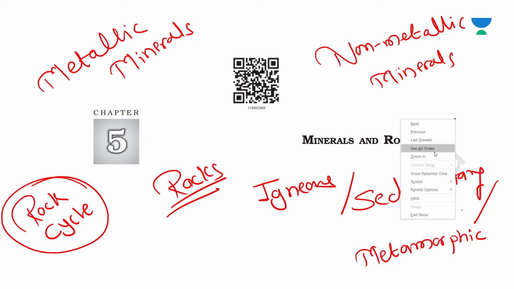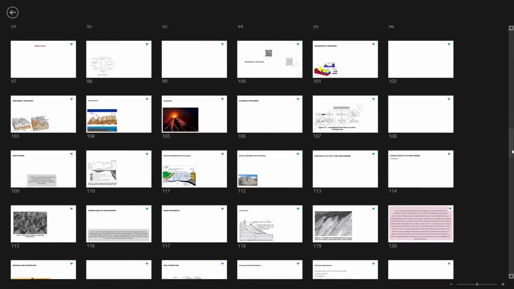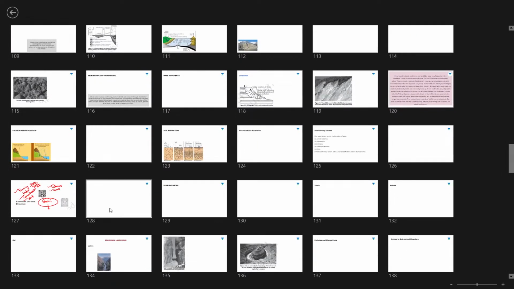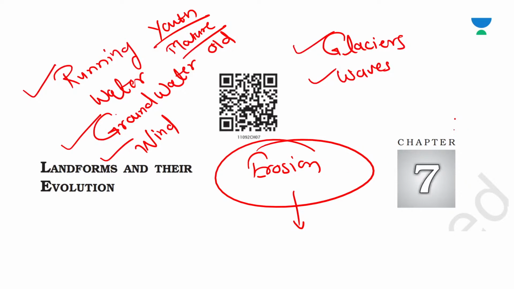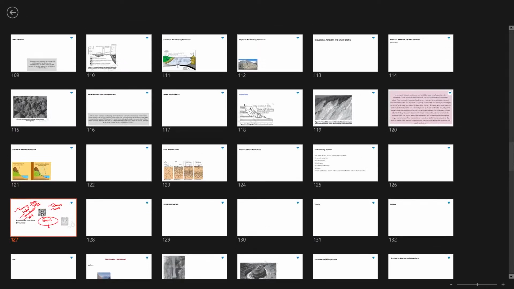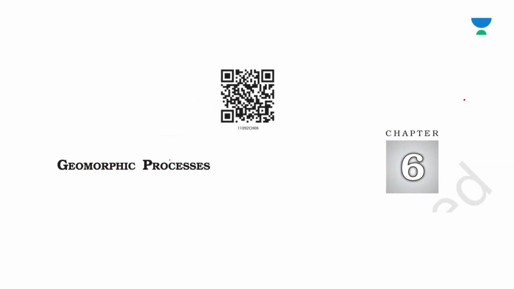Then we have discussed geomorphic processes, where we have discussed